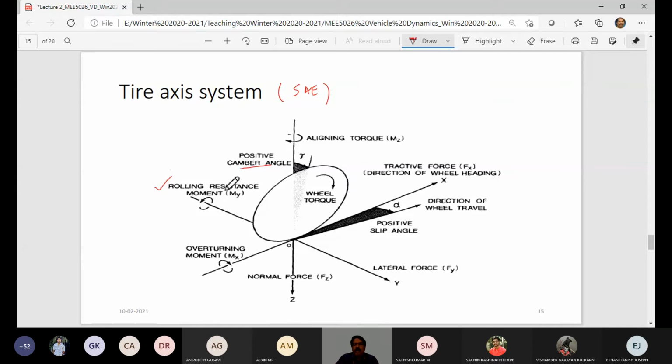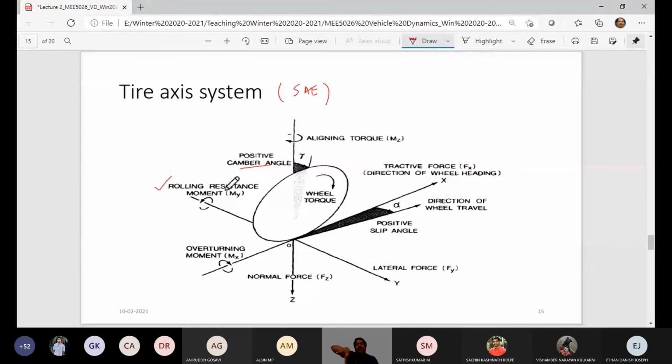So here your right-hand coordinate system is this. This is your positive x-axis, this is your positive y-axis, and this is the positive z-axis. But SAE looks at this coordinate system. This coordinate can be rotated anywhere in this space, but this x, y, z should not change. The SAE recommendation is to take such a coordinate system to represent your forces and moments in a vehicle in this orientation. So the forward direction of your vehicle is the x direction, this is the y direction, this is the z direction.